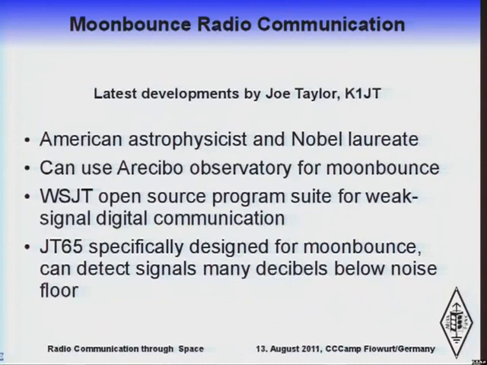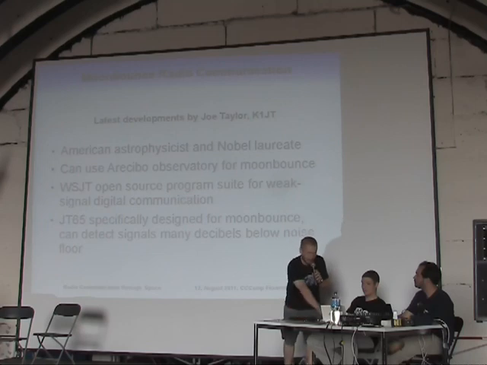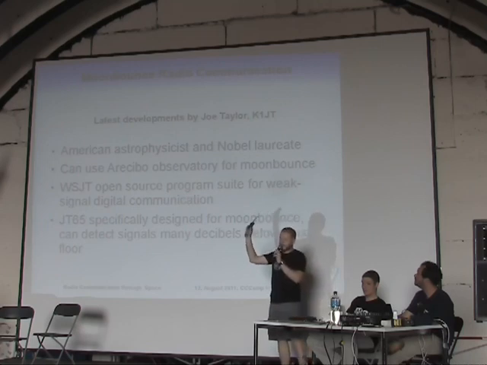So there is an American physicist, Joe Taylor, K1JT, who developed JT65, but not only JT65. He's a really interesting guy, a Nobel laureate in astrophysics. He is really one of the people who can just go to a receiver and say, hey, we want to use your big dish there to make moonbounce, and they will let him. So they did this last year, and with their setup, a 300-meter dish, you can really do voice communication. You can almost receive them with a handset like this. You just need a little bit bigger antenna, but this could be done.